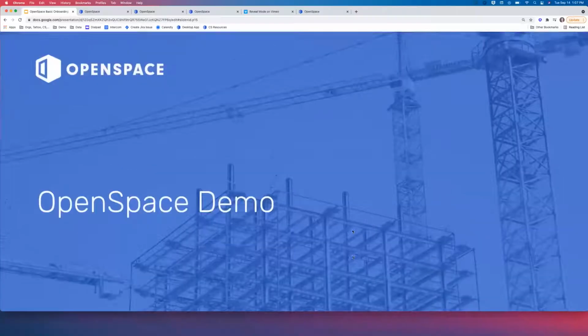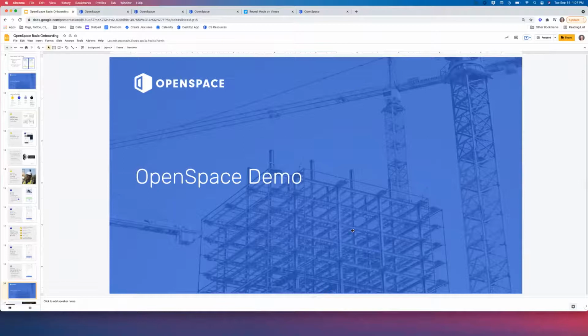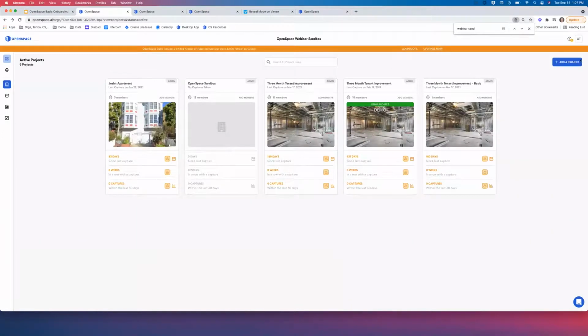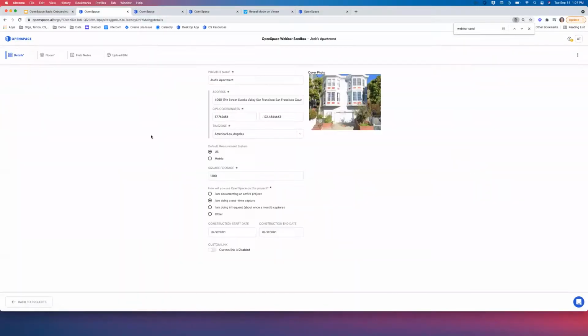Now, let's go and talk about setup and then we'll do a demonstration of using OpenSpace and then the different features and ways that you can move around your site once it's uploaded. So first and foremost, when you are creating a project with OpenSpace Basic, you'll press Add Project. And then if I go into the settings here, you'll be able to add in the project name, the address, square feet. And then, I would say I'm documenting an active project if you are, and then start and end